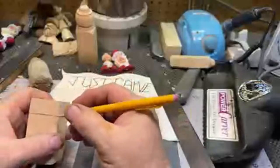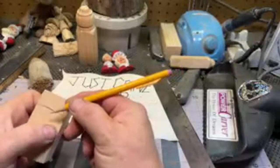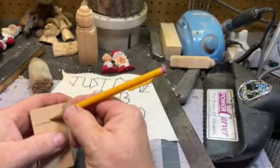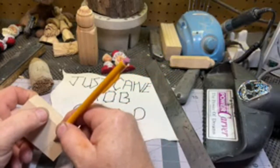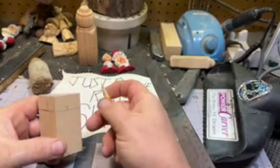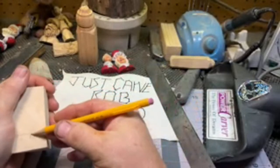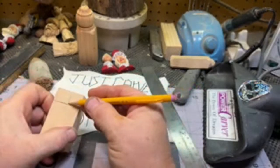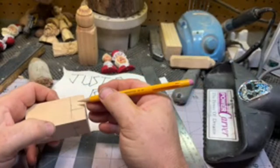And then we're going to do the same thing. Go 3/4 of an inch wide. Well, that'd make it 1.5 inches wide. He's going to be a short, fat snowman, I guess. That there. And that there. And then...